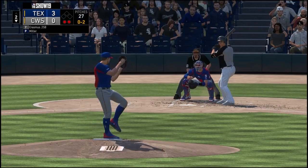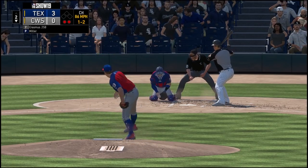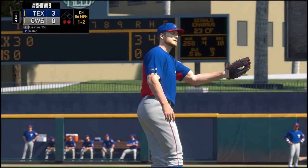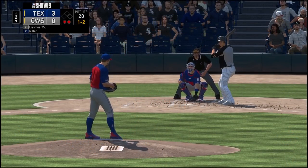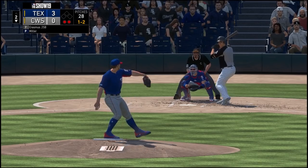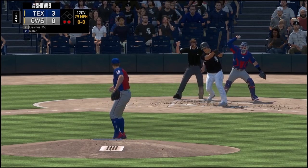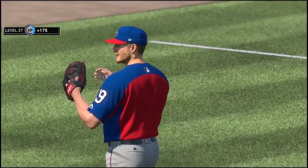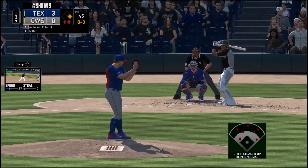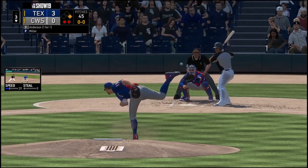He's hitting .258, but Miller is attacking him. And I like that strategy. You're the veteran pitcher up there. Go ahead and attack this rookie. If he can't handle you, he can't handle you. If he puts a good swing on it, gets a hold of one, you got to tip your cap to the youngster. But Miller, the vet, is going to get the best of Erasmus in this one